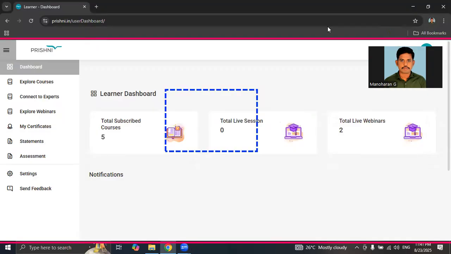Learner dashboard. Google Chrome. Hi, I'm going to demonstrate how to access a dashboard in Prishni. After your successful login, you are redirected to a dashboard page. You can navigate using the Tab key or the up arrow, down arrow, or